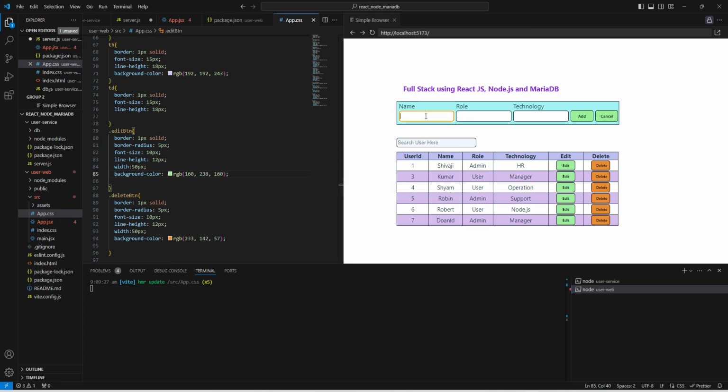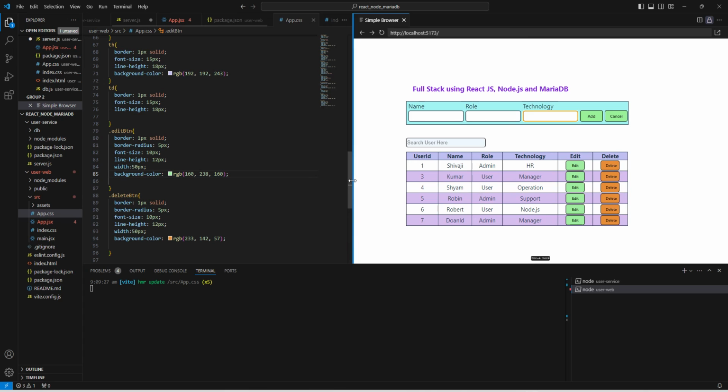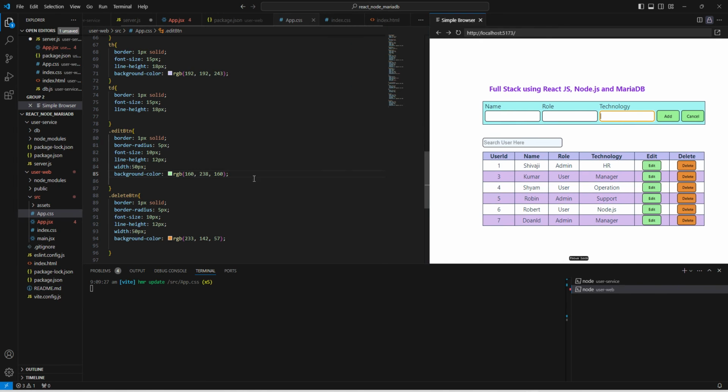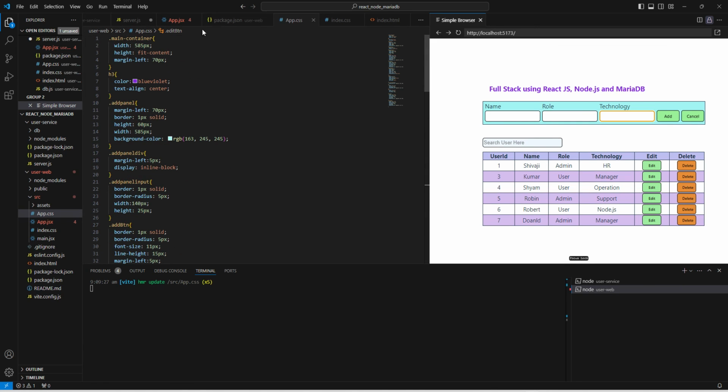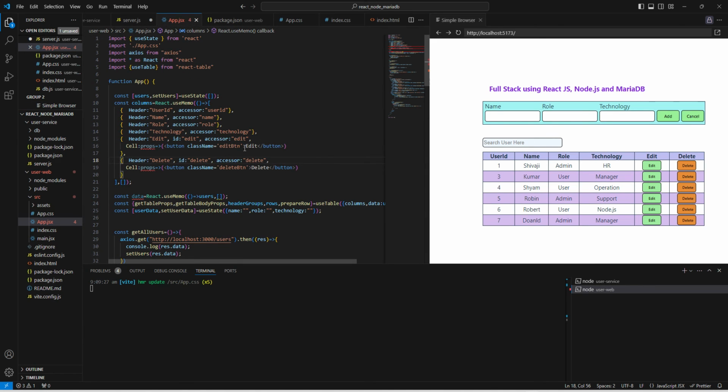Now let us do one thing: whenever we enter something here, it should get added. So next, on click of the edit button, whatever row the edit button is clicked on, those entries should get populated in these text boxes. That logic we need to add. Now here we can add an on click event, and here we are going to use